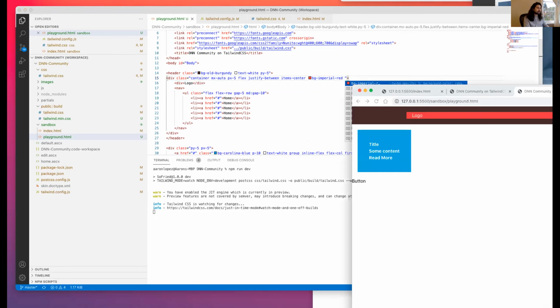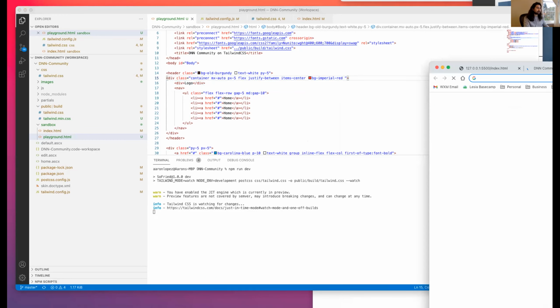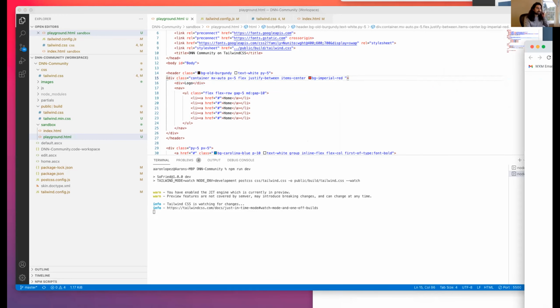And the cool thing too is, let's say you want to put in a color that's not really part of your build. Like the Facebook blue, for example, shows up when you're maybe styling some icons. I don't remember what the Facebook blue color is, but oh wait, here we go.